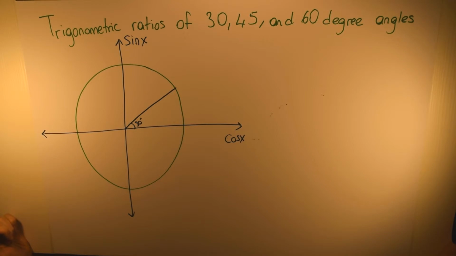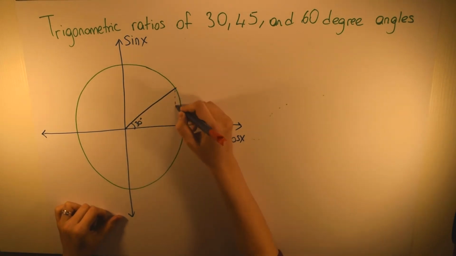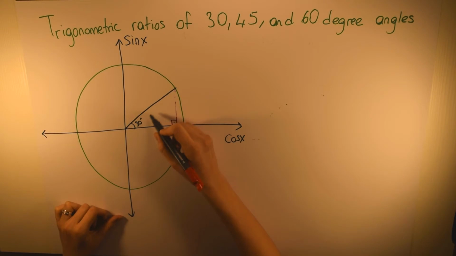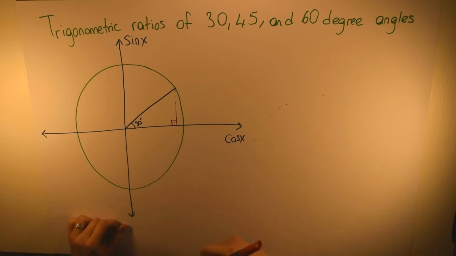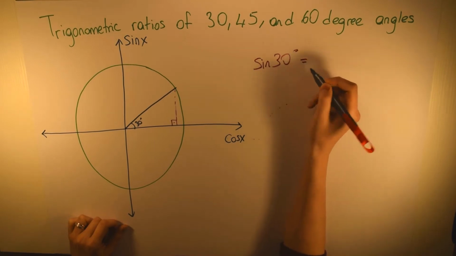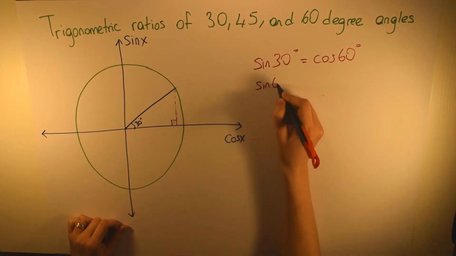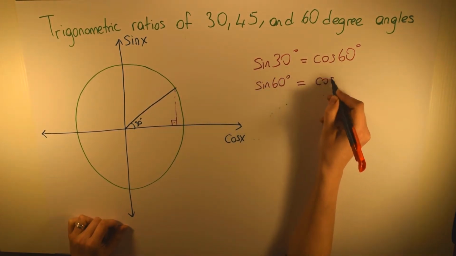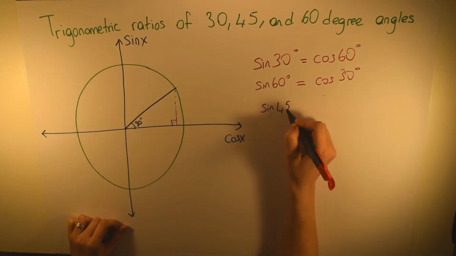Now let's see the trigonometric ratios of 30, 45 and 60 degree angles. From our previous lectures we know that on these unit circles we have this right triangle, right? And always the total of the other two angles is equal to 90 degrees. So in those cases we know that, for example, sine 30 degrees is equal to cosine 60 degrees, right? Also sine 60 degrees is equal to cosine 30 degrees, and